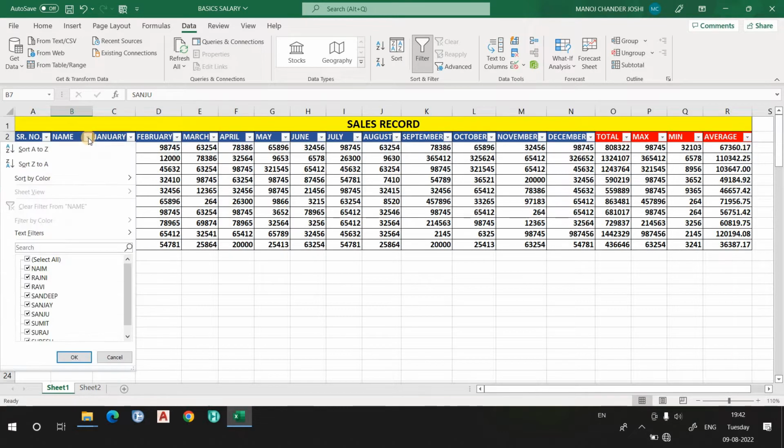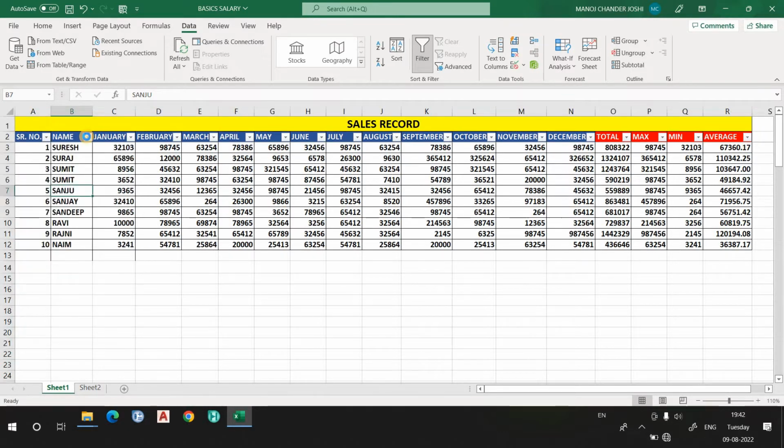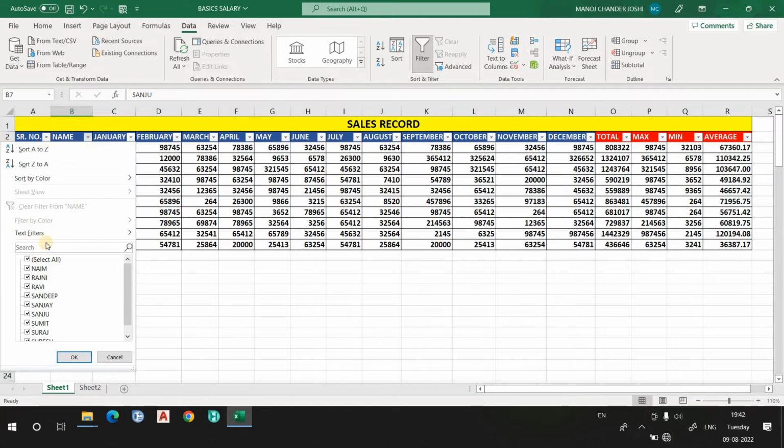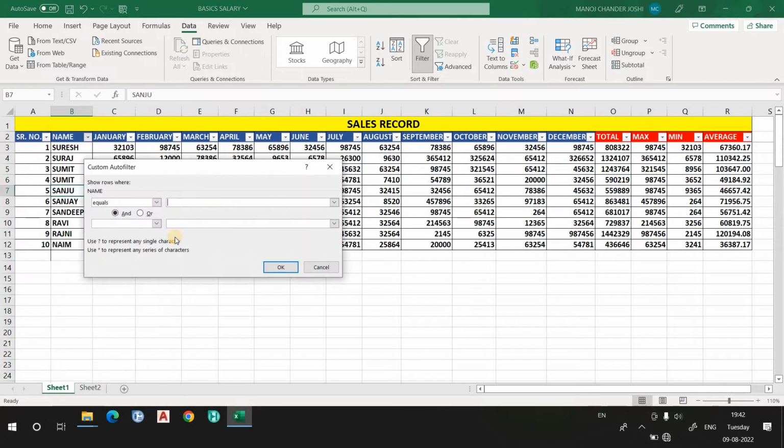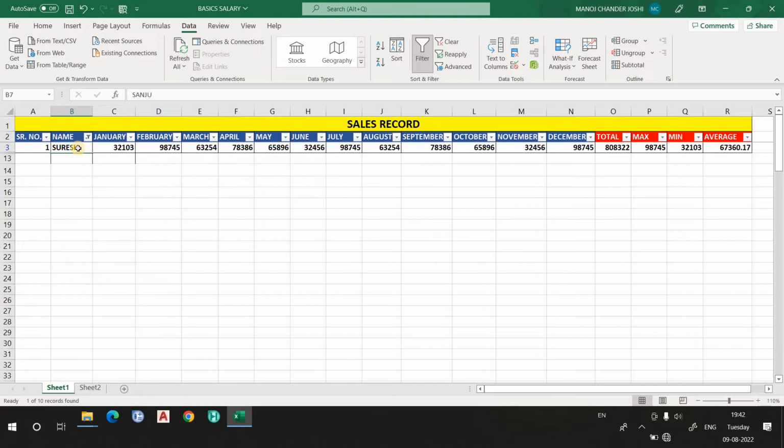As the name describes, this is the filter, which means it will filter something. What will it filter? Let's suppose I click here at the name, and you will see text filters: equals, does not equal, begins with, ends with, contains, does not contain, custom filter. Equals means, let's suppose you want the name Suresh. When you write Suresh and equals, only Suresh's data will be there.